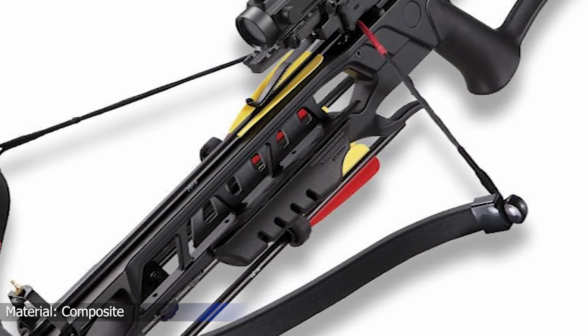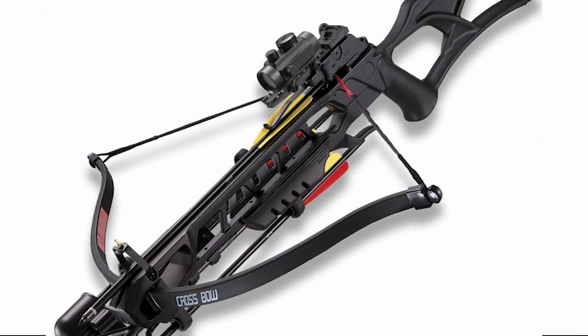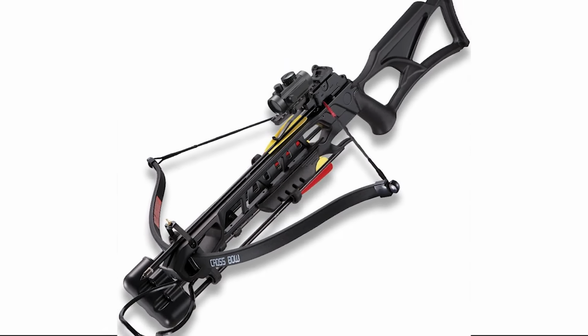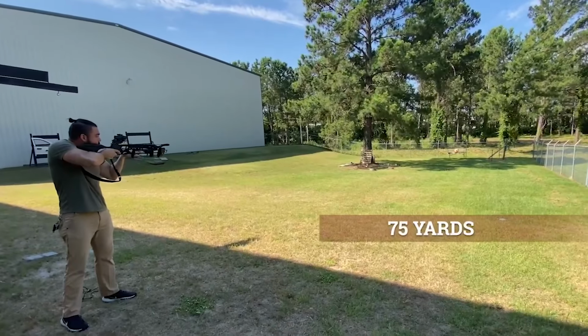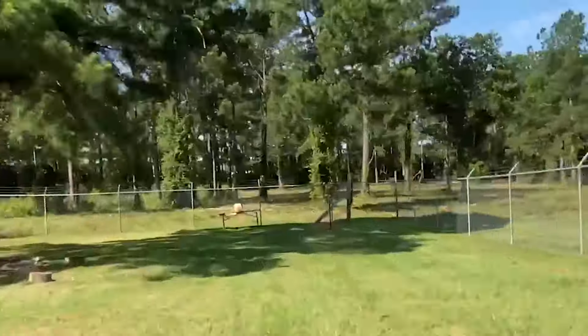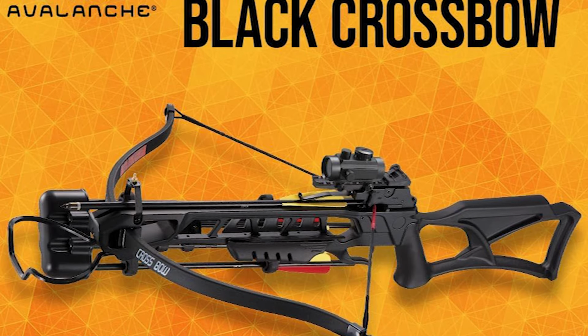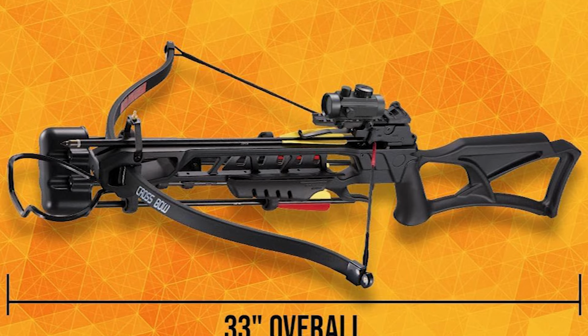The full package comes with essential accessories that help enhance the experience. These include 4 aluminum bolts measuring 16 inches each, a cocking rope, a stringer, wax, a sling, and a quiver. Every item in the kit is meant to support convenience and ease of use, allowing users to prepare and maintain